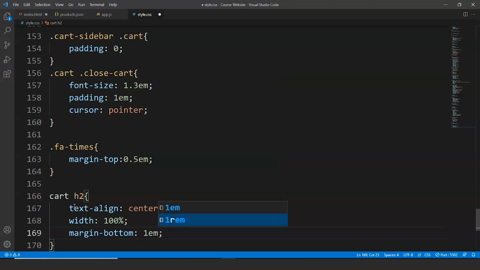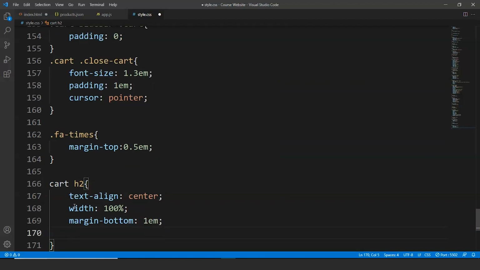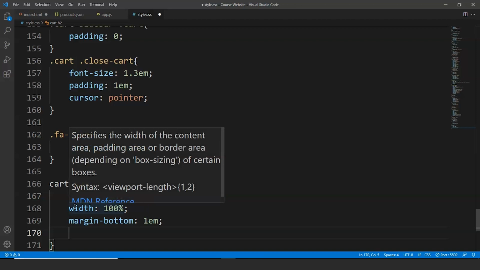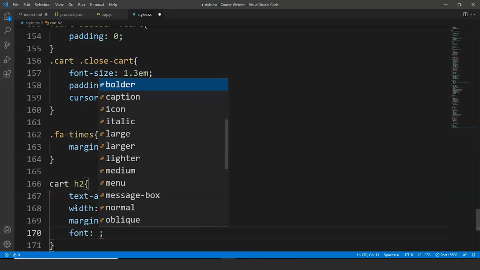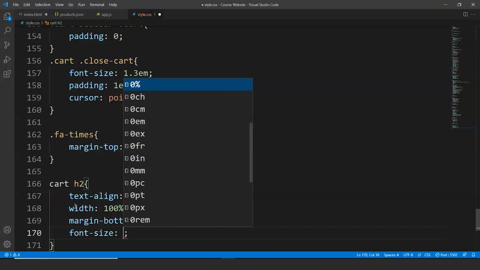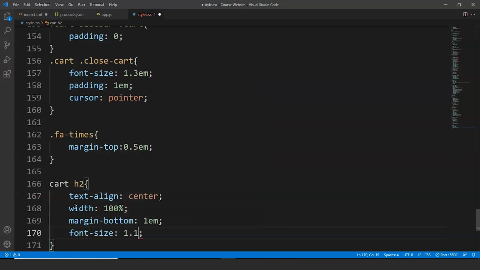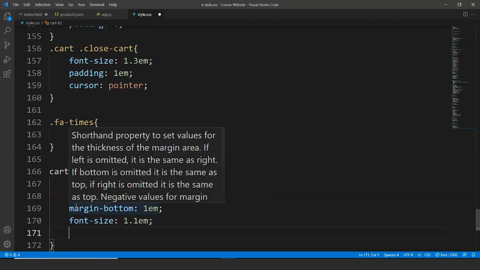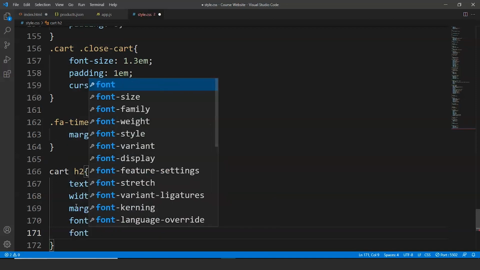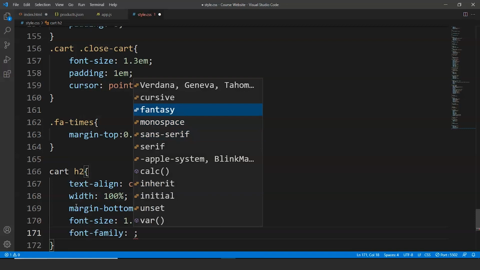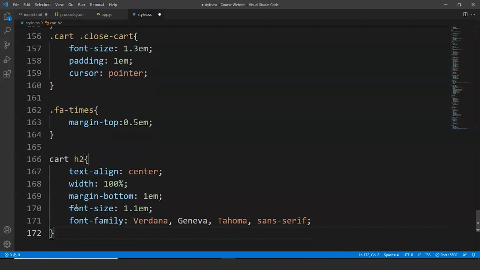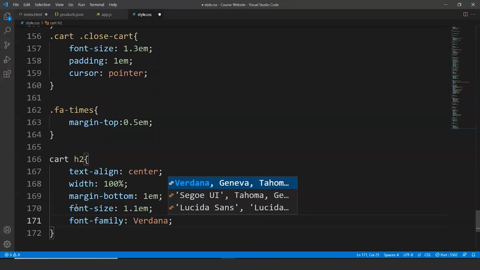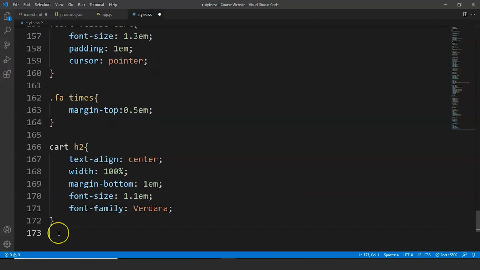and what else we have to do? We have to include the font size as well. So we'll write here font size is 1.1em, slightly bigger than the default font size. Then we'll write here font family. Let's use only one. Fine. Let's use Verdana only. So we'll write here Verdana,